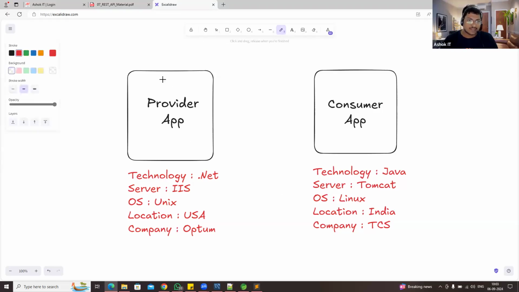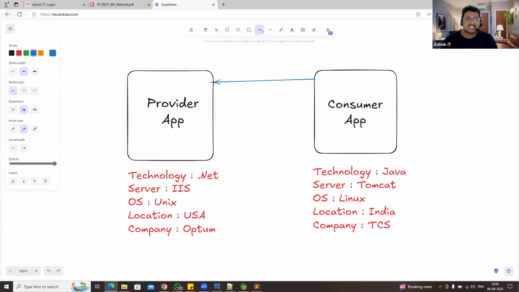So what is a provider? This application is giving services to other applications. Any application which is giving services to other applications is called a provider application. And any application which is taking services from other applications is called a consumer application. And this consumer and provider will communicate. So how will that communication happen? Through network. Okay, the consumer application will send a request to the provider, and the provider application will send the response back